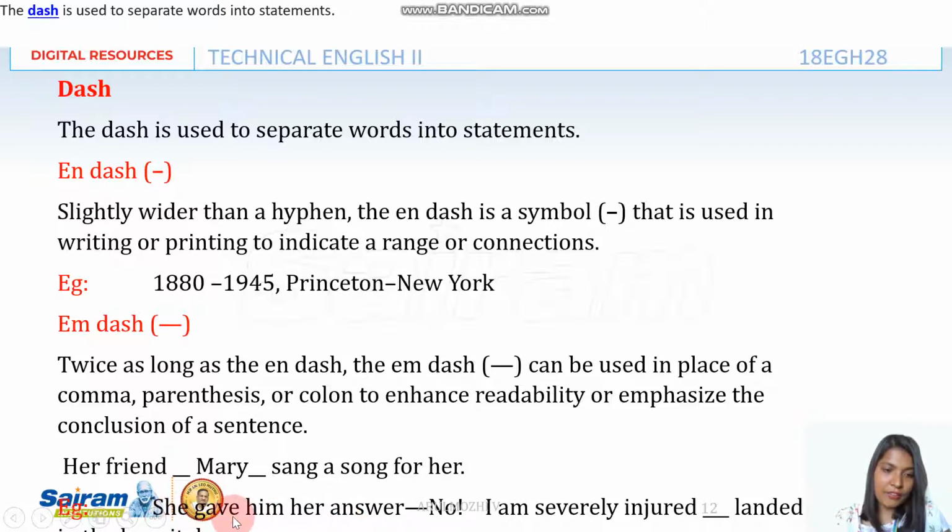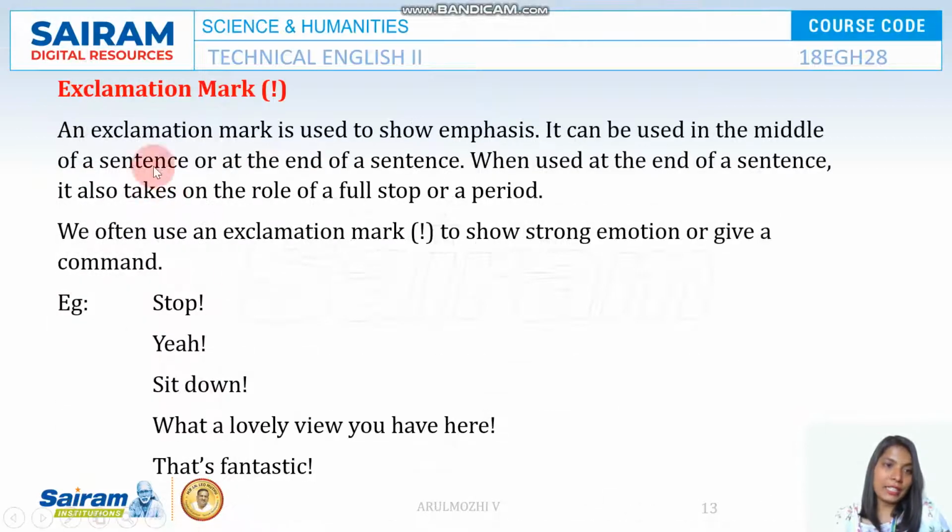Okay, she gave him her answer. The answer, the conclusion, is no. Okay, so in order to conclude, you can use the em dash. And then the exclamation mark. The exclamation mark is used to express your emotions,